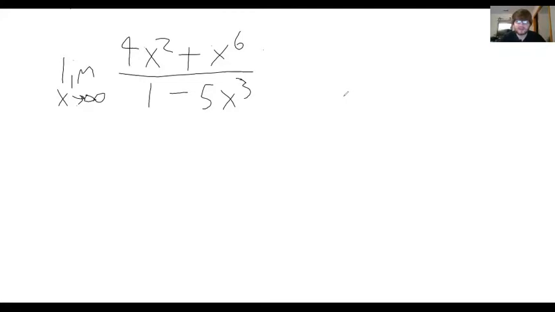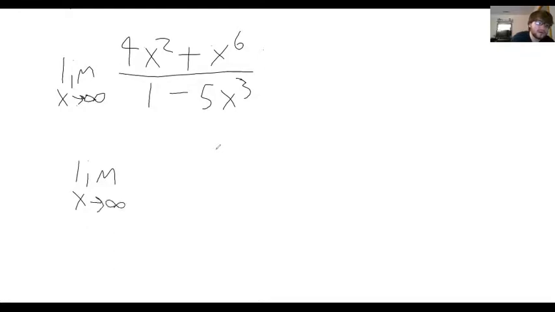Here we have our last example, which is limit as x approaches infinity of 4x squared plus x to the 6th over 1 minus 5x cubed. So in this example, we're going to do something a little bit different from the last one, and I think it'll make it more clear why the answer is what it is. So here, we're going to pull out x cubed from the top and bottom. And if we do that and rewrite it,